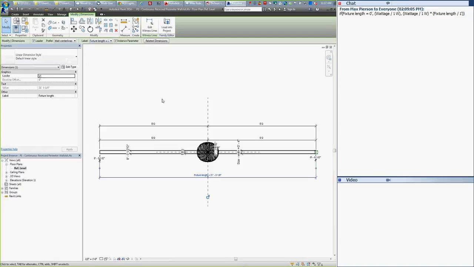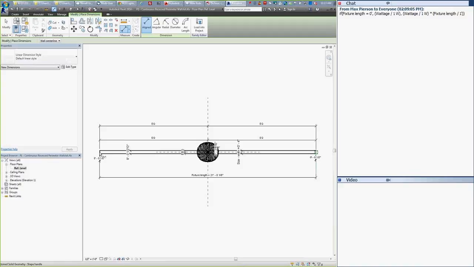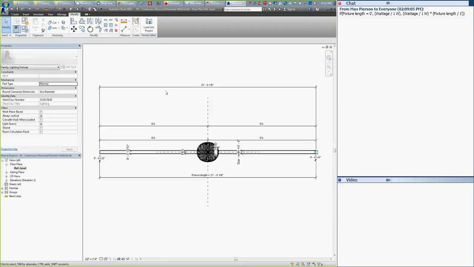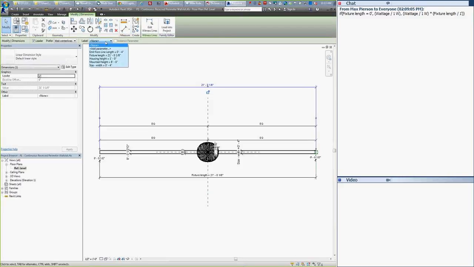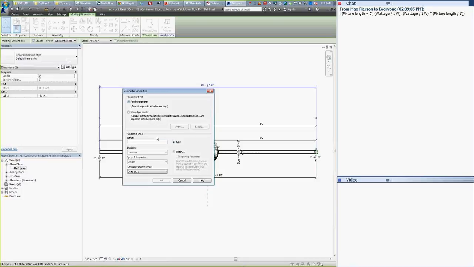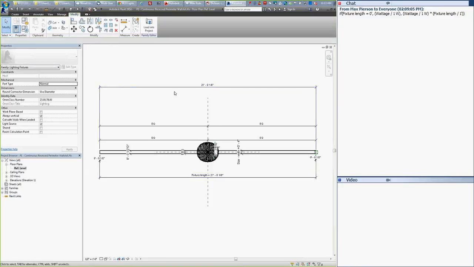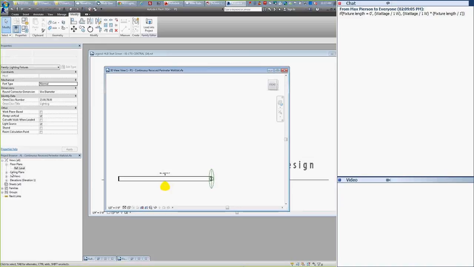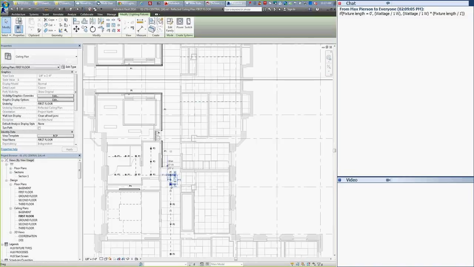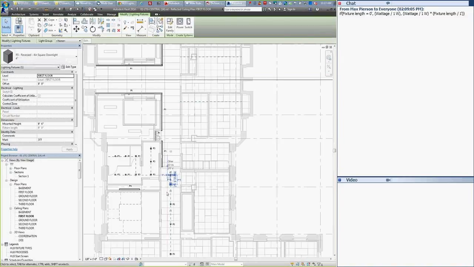Yep, that's the key point on this. So if I was going to put in a dimension here, you can select that dimension and you say add parameter, and you set it to a shared parameter, then you select your shared parameter that you want to use. So that's the case where it's a linear fixture. So then let's look at a fixture which is not linear. So in that case,